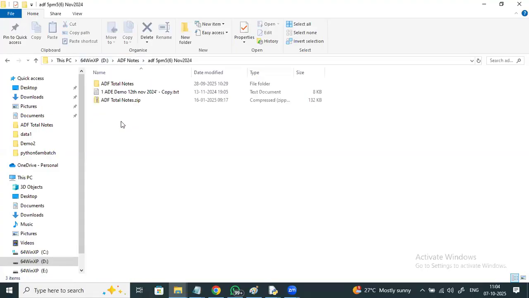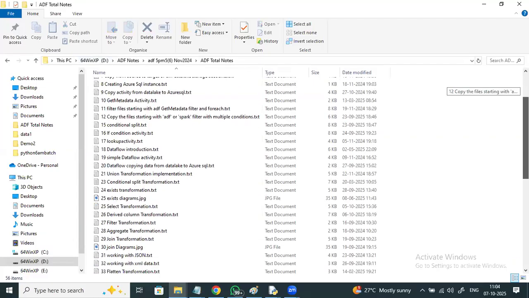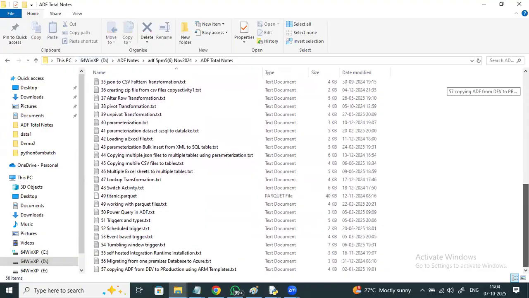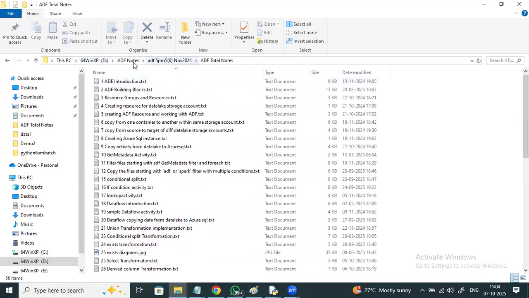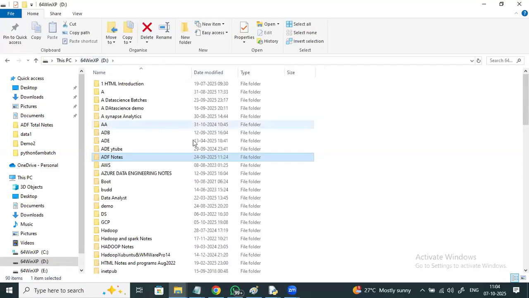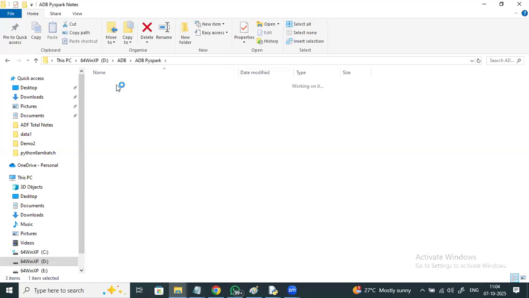If you open any batch, you can see the ADF notes topic wise. The notes will be very much clear, and also the ADB Databricks, ADB PySpark notes.